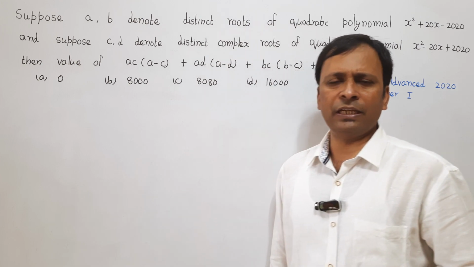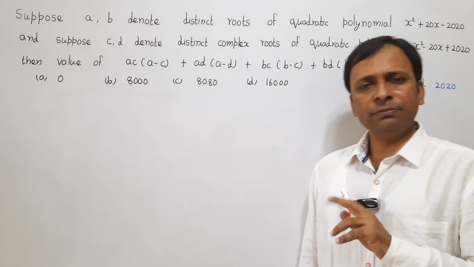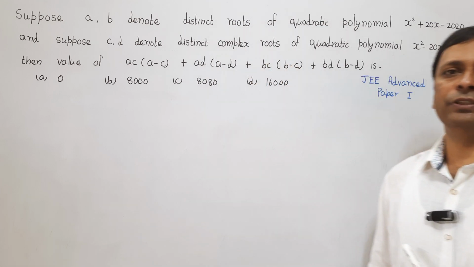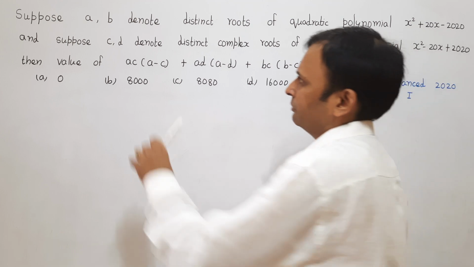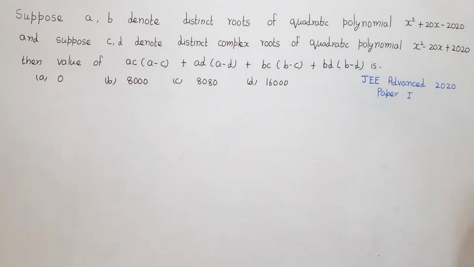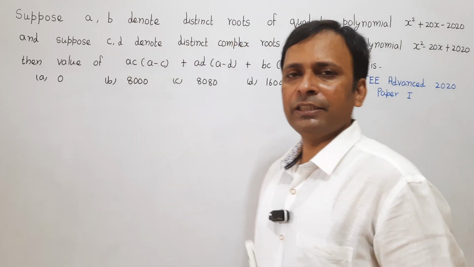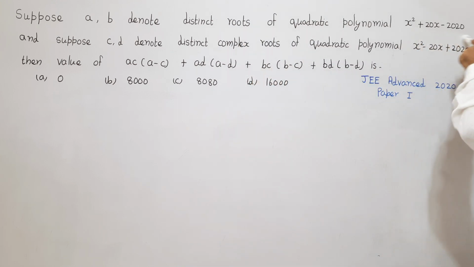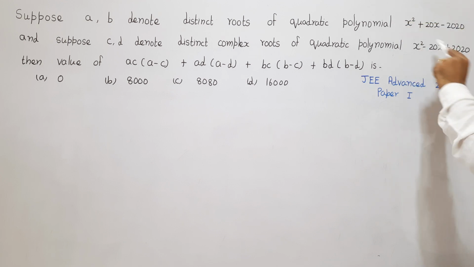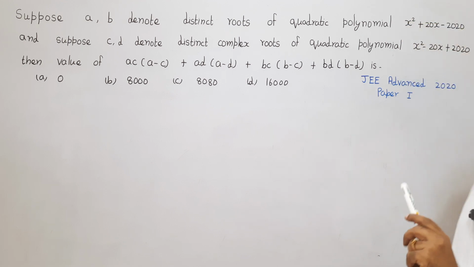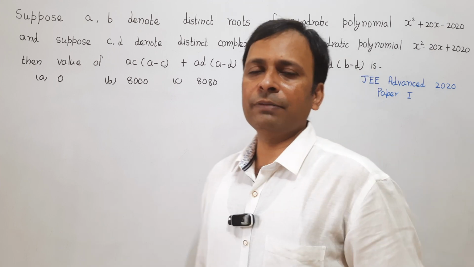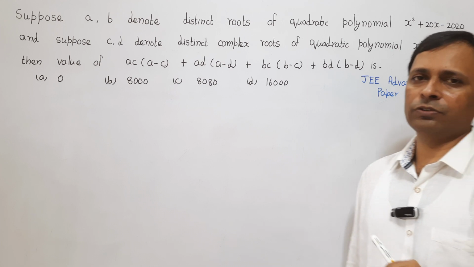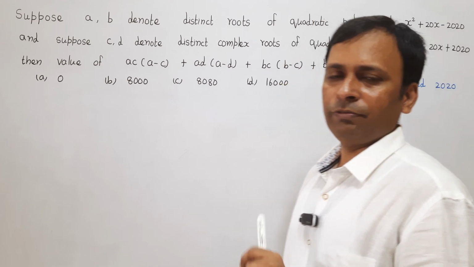Question is pretty simple and straightforward, and I uploaded a similar type of question 15 days back in one of my videos, where I said that such kind of expression which is symmetrical in terms of A and B and also symmetrical in terms of C and D. And what are A and B and C and D? A and B are the roots of this quadratic polynomial and C and D are the roots of this quadratic polynomial. And whenever such kind of thing happens, we should make use of the sum of the roots and the product of the roots of the quadratic polynomial. So we will go like that.